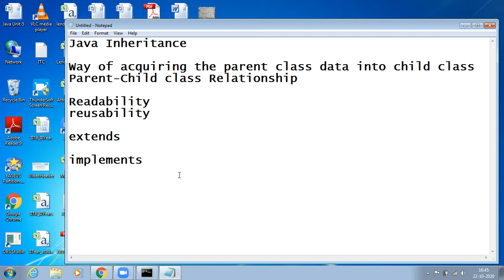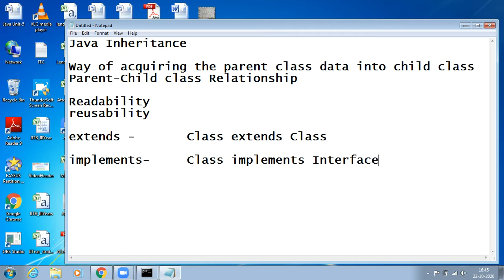Both keywords represent the common functionality called inheritance. The extends keyword is for a class that extends another class, and the implements keyword is for a class that implements an interface. So the class after extends and the interface after implements, these two we call parent classes.